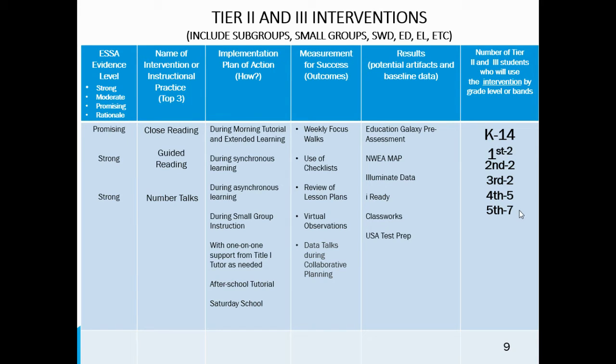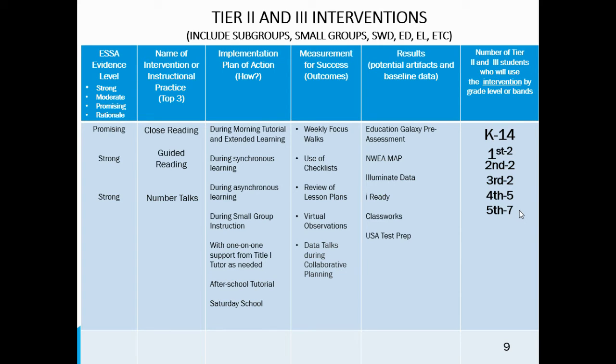Then finally, number talks as an intervention. Evidence level is again strong through synchronous learning, through small group instruction, through one-on-one support from the Title I tutor as needed, after school tutorial, and Saturday tutorial. Saturday school will be forthcoming with measuring of that through weekly lesson plans, of which have already been implemented, virtual observations, and data talks used through collaborative planning, along with the results of that through iReady, Classworks, and USA Test Prep,